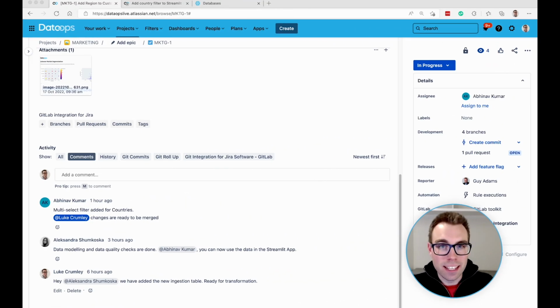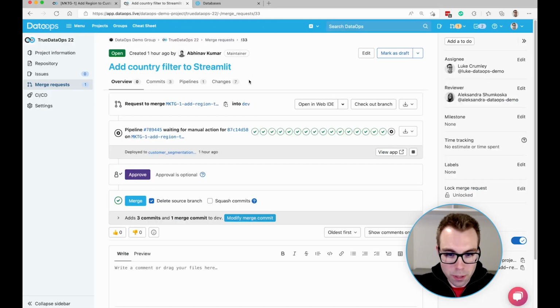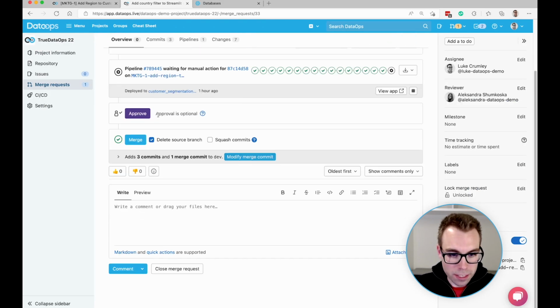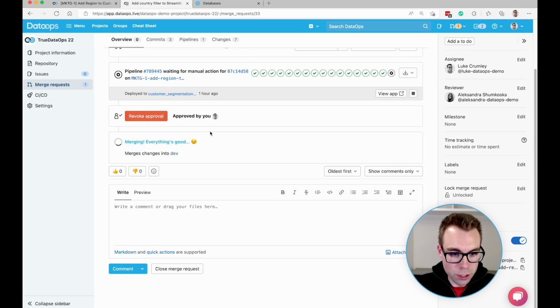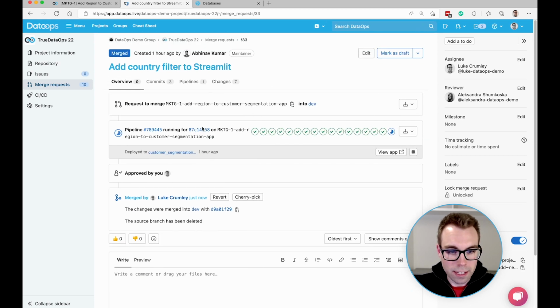Hi again, and thanks Abhinav. All the changes are ready to be merged in, so let's head over to the merge request, and I can see it's being merged into dev, so let's approve that and merge. Cool. Now those changes are in our development branch, and what I've got to do now is raise a new merge request